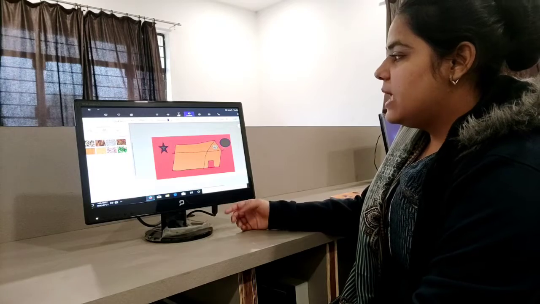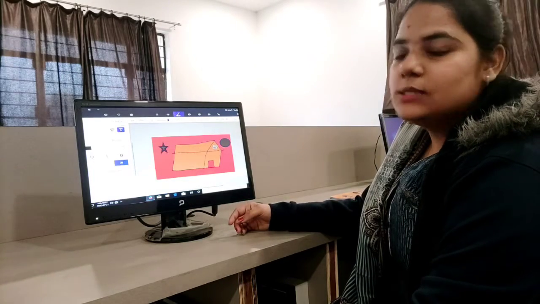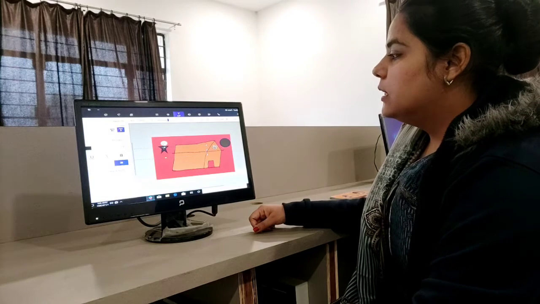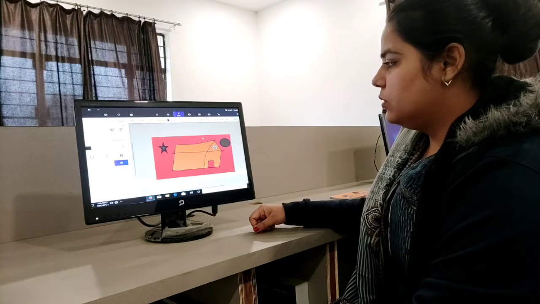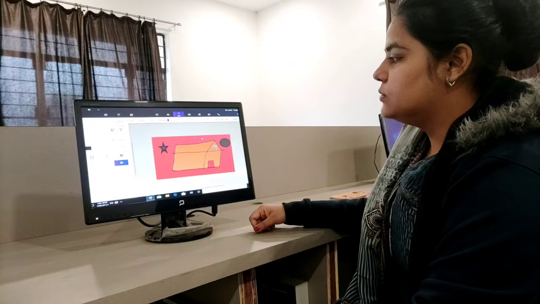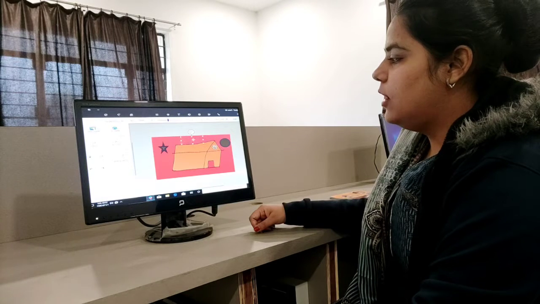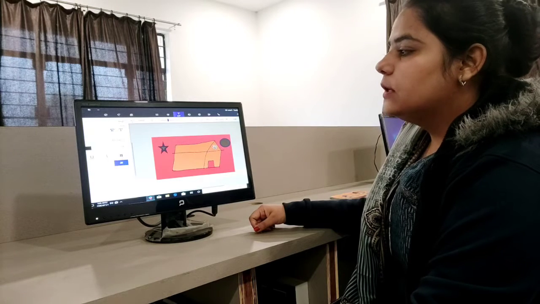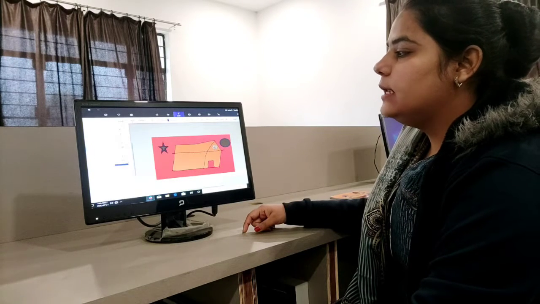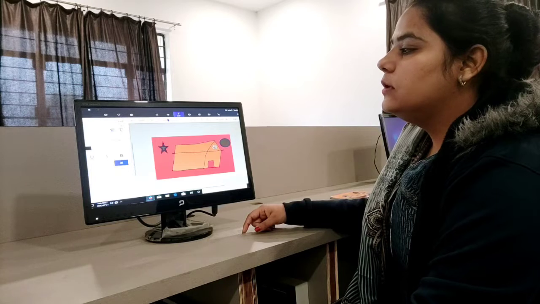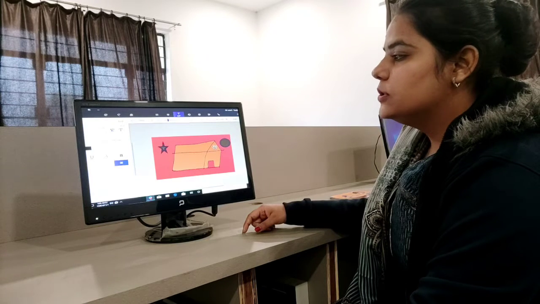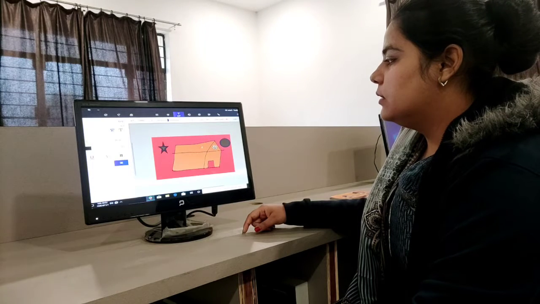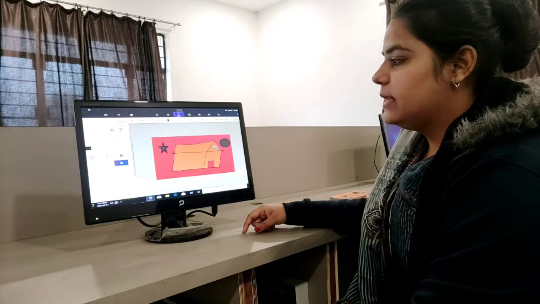So see, if I want to write anything, I will choose the text option and I will start writing above. I don't want to write there, I want to write here, so I am writing in the column. So, see, how can we write? We can choose from here, we can choose the language which we want to write, and we can write. Choose the text button.